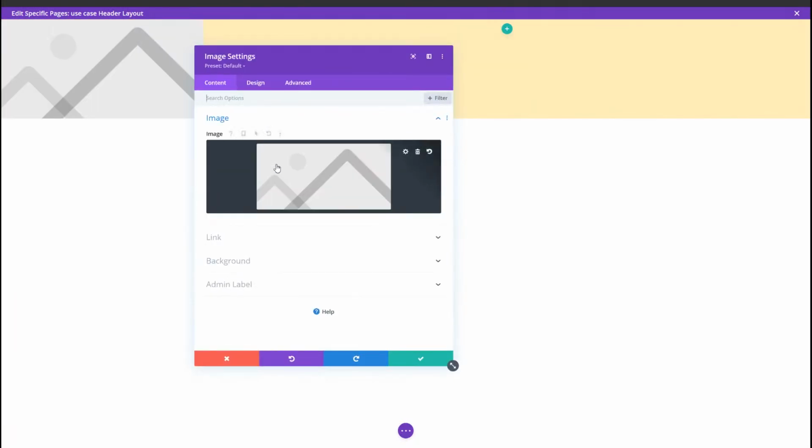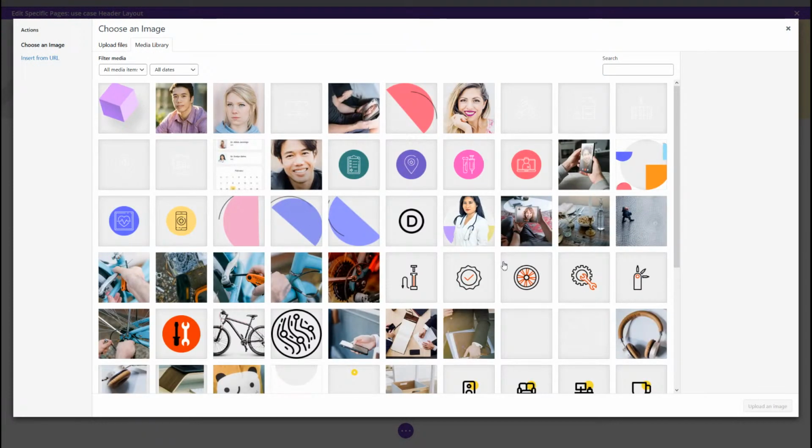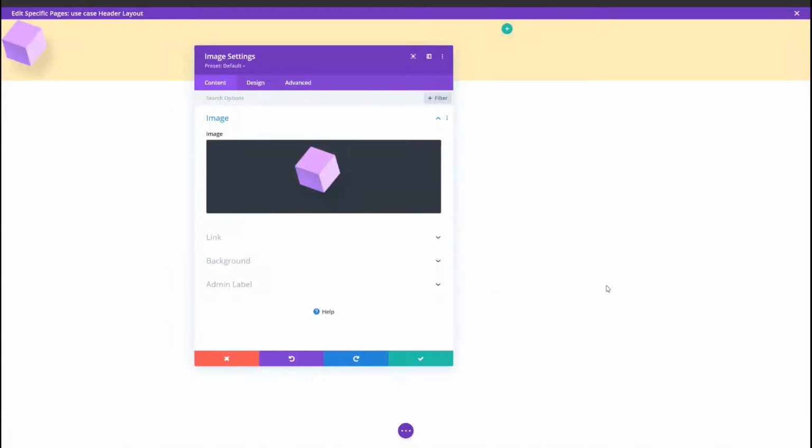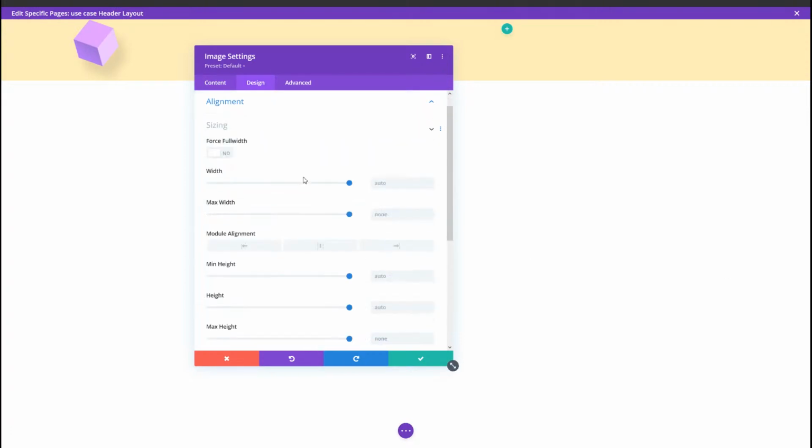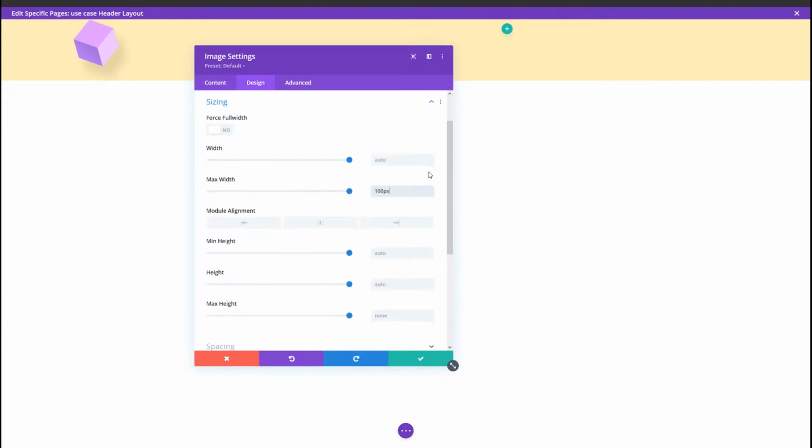So the first column of this specialty section is going to be dedicated to the logo, which is then going to cross the 2 different bars within my header. And yeah, so I have my logo over here. I'm going to change the alignment to center, and I'm also going to assign a max width. Definitely depends on your preference, but I'm going to use 100 pixels for the max width of my image module